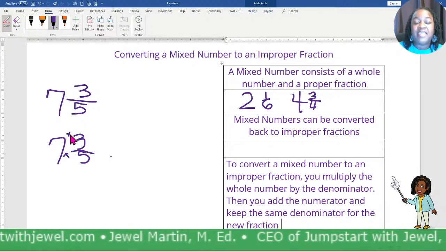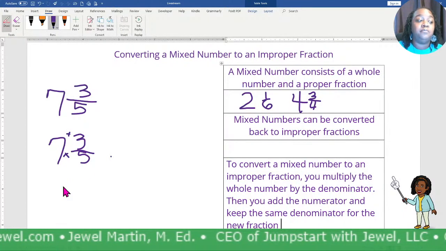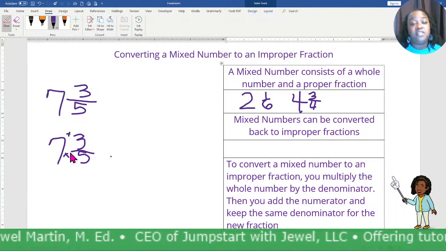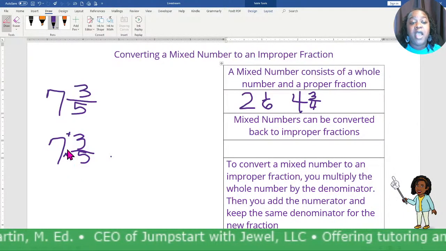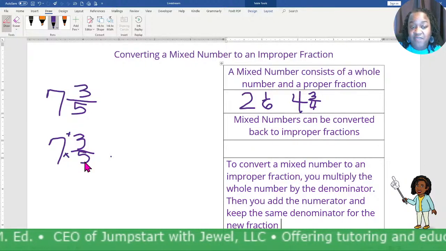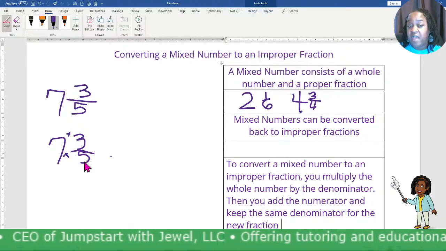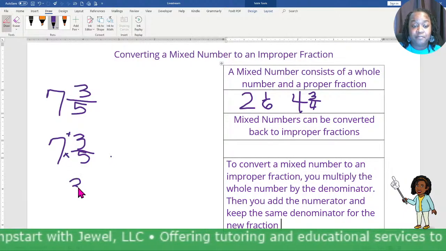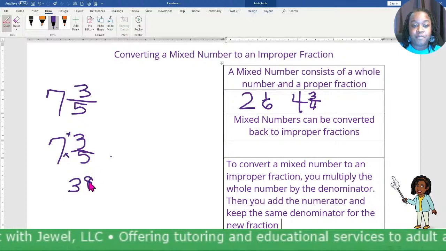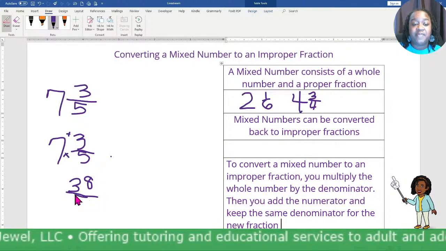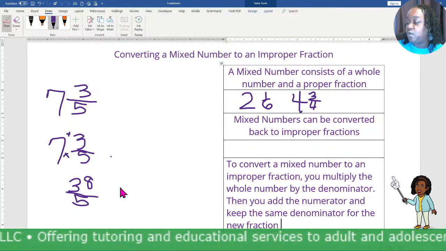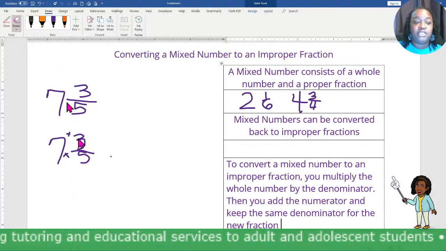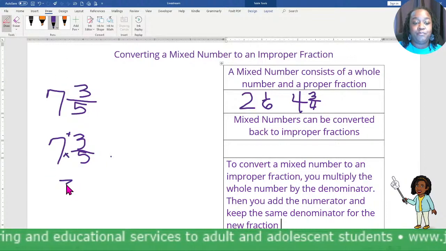The answer you get becomes your numerator and you keep the same denominator. So I'm going to take 7 times 5, which is 35. Then I'm going to add 3, which is 38. And then I'm going to keep the same denominator. So my new fraction is going to be 38